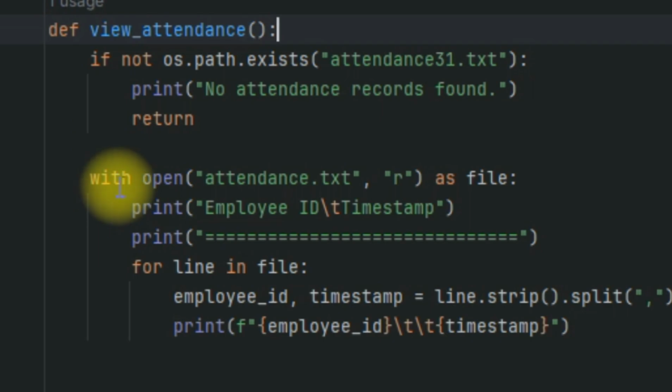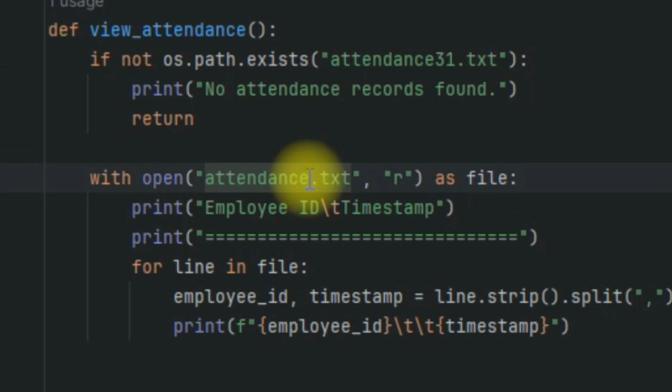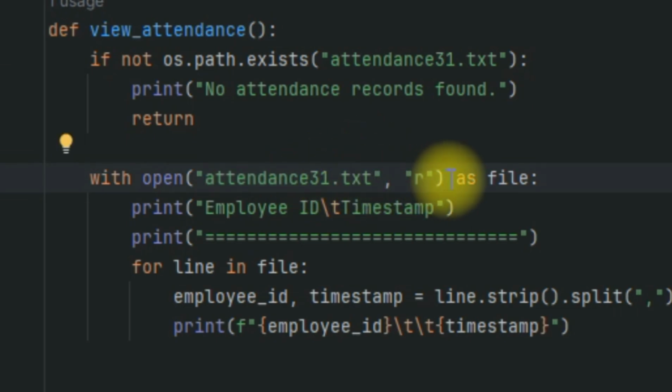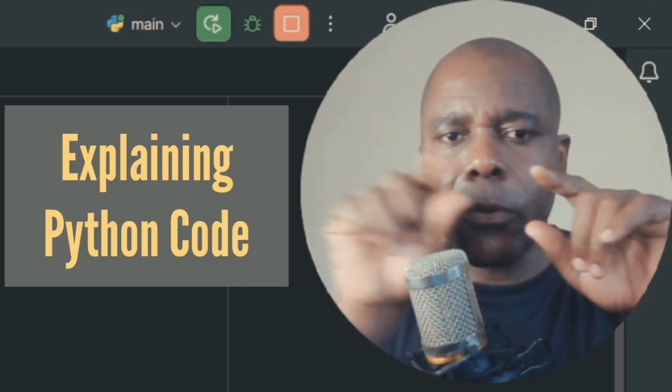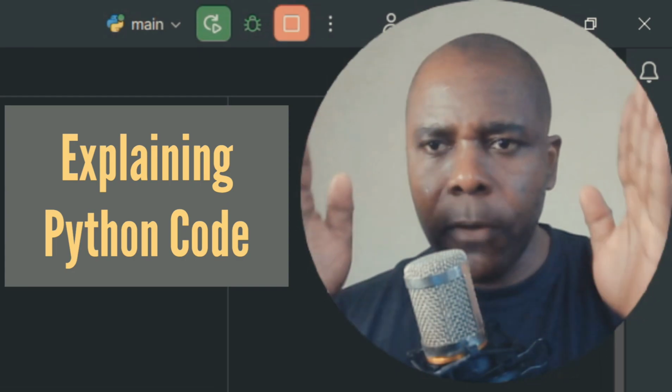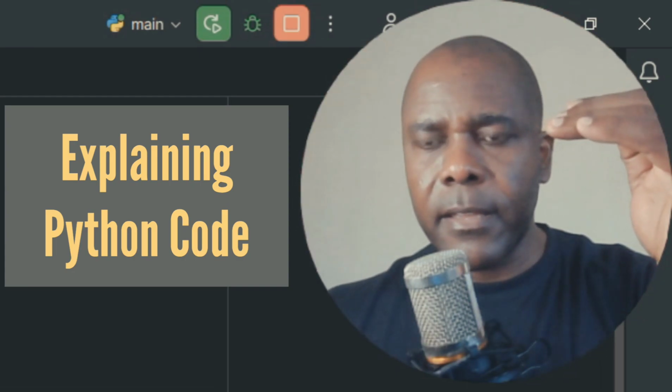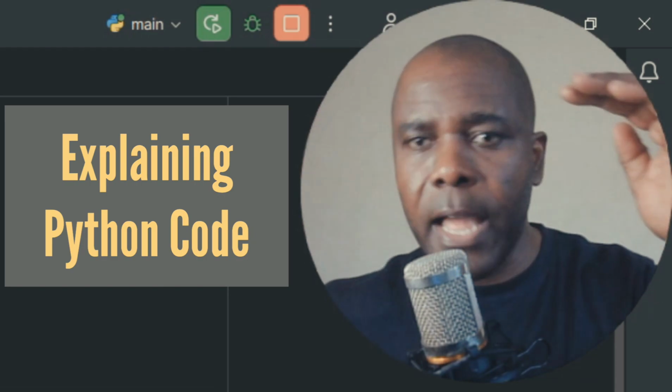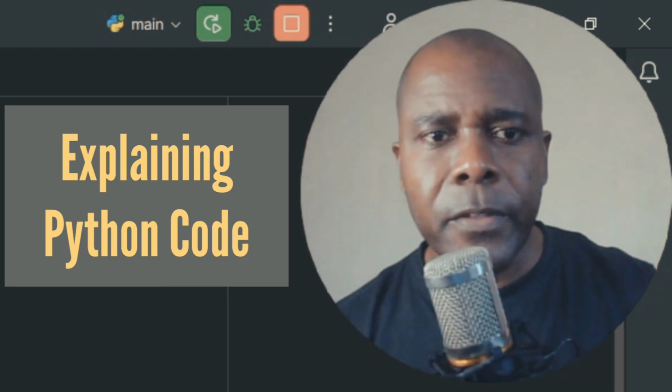But if it does exist, open the file, the attendance 31, that same file, in read mode, and print the employee ID, put a tab, \t is for tab, ID, put a tab for readability, and put the timestamp. That's the header. Put a double equals, put the equal signs across the row to format it, so you'll see employee ID, timestamp, and two double lines underneath it, followed by,